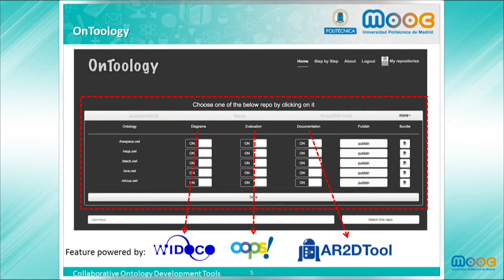This means that every time the ontology file is committed to the GitHub repository, the activities in ON will be triggered. In addition, an option is provided to publish the ontology under the W3ID space directly, or to download a bundle containing the content negotiation configuration in order to publish it in our own servers.